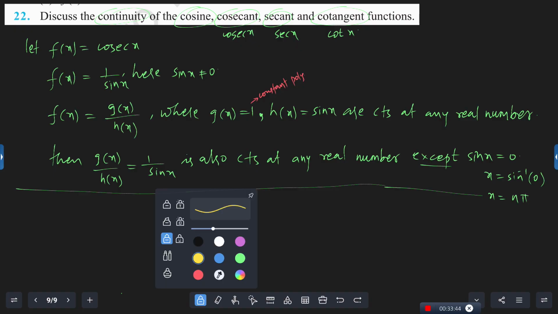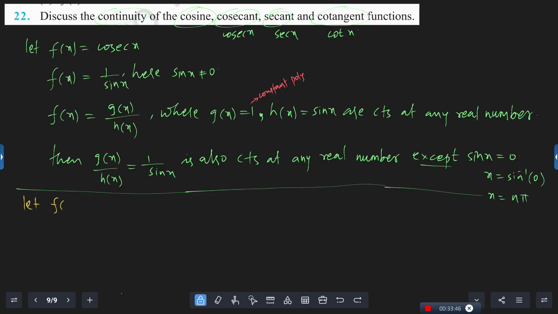Secant. Let f of x be the secant function. Secant can be written as 1 by cos x. 1 by what? Cos x. So we can assume that f of x is equal to